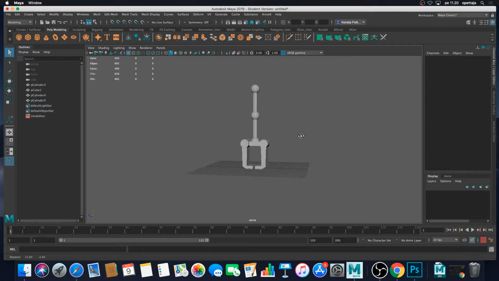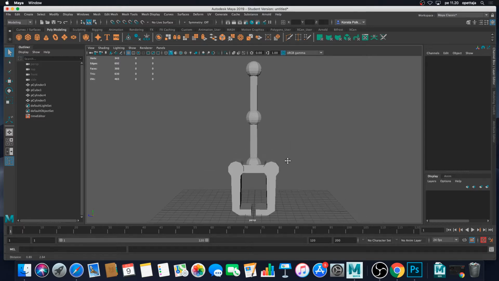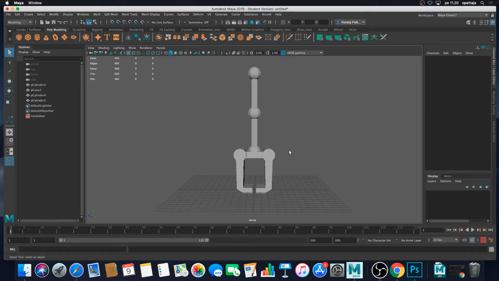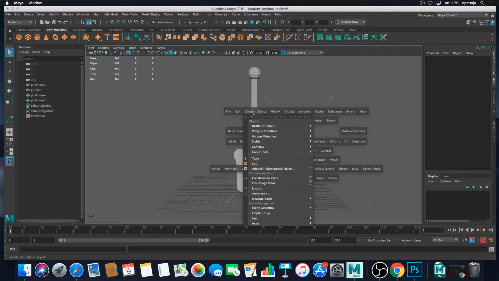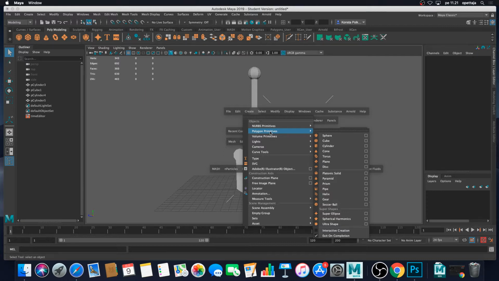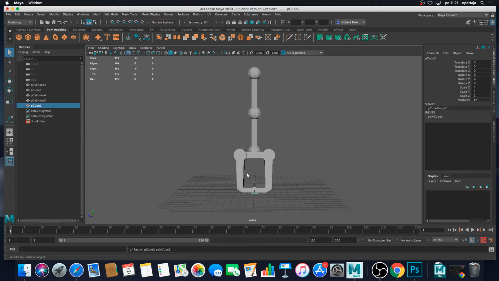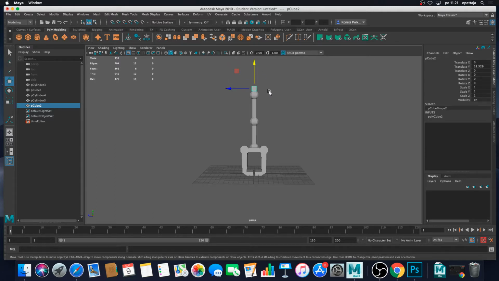And to complete this robotic arm, we can actually still add one more object, which is a cube. So I'm pressing down the create or spacebar, and then I'm navigating to the create section here, and I'm selecting polygon primitives, cube, and actually I'm creating it without the options window, just by eyeballing it. So pressing W, moving this upwards,